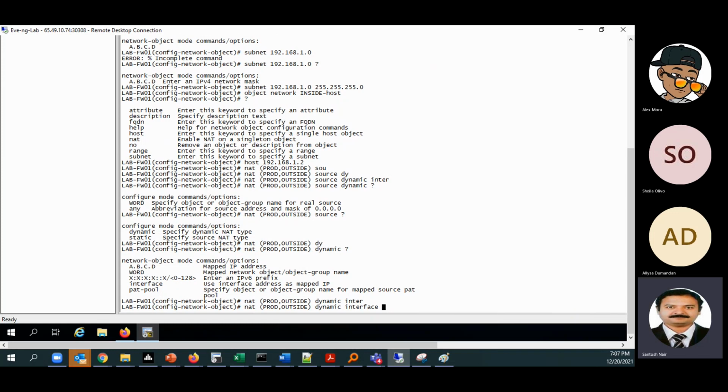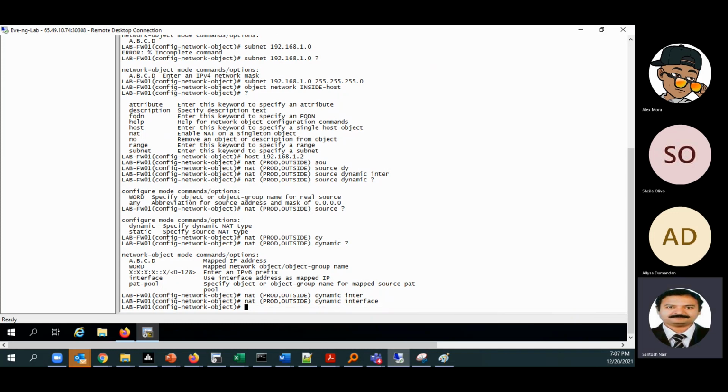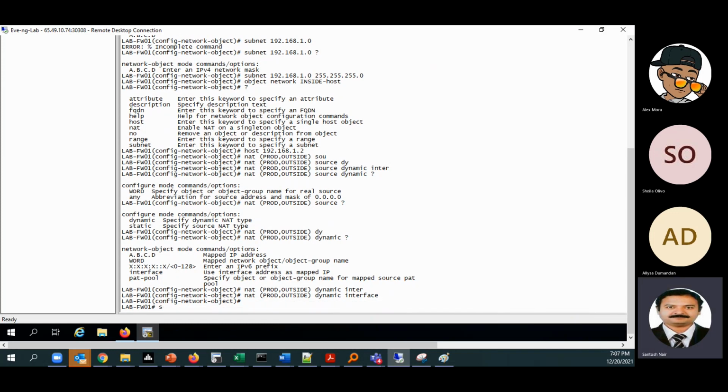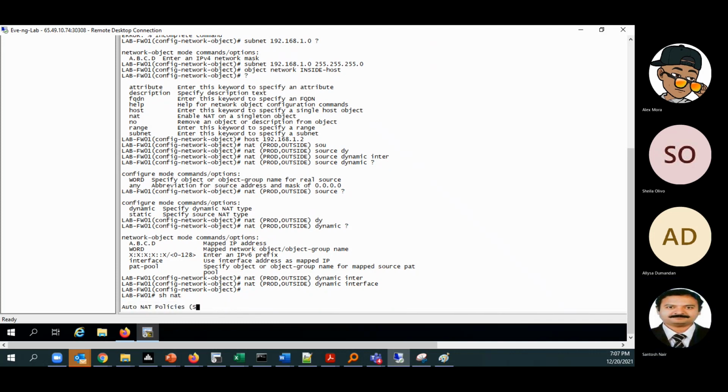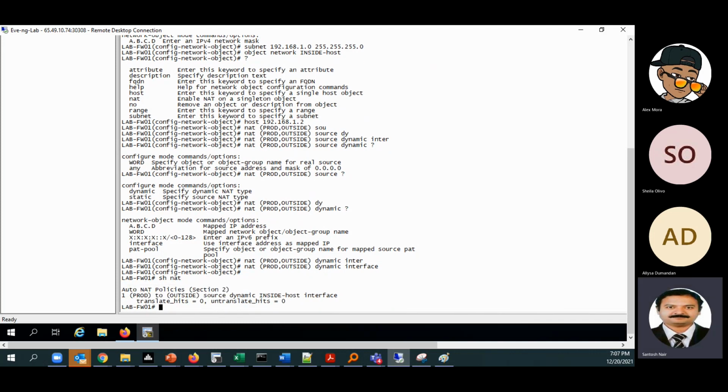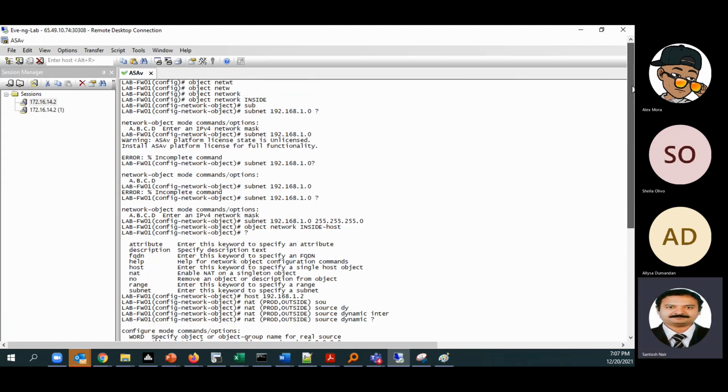Leave it as interface. Now when we do it like this, what will it show? Show. See, it is showing as section 2, and it is a static NAT from one single IP address to another single IP. You're getting me, right? Yes, Santosh. There are multiple things that we can do in the lab.